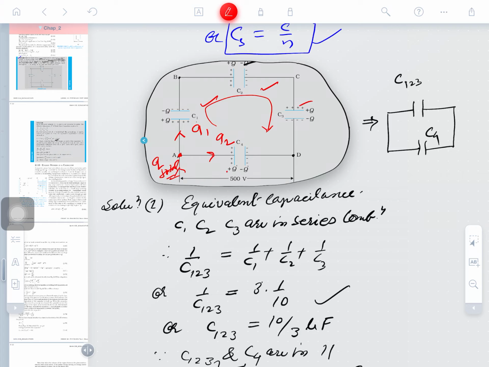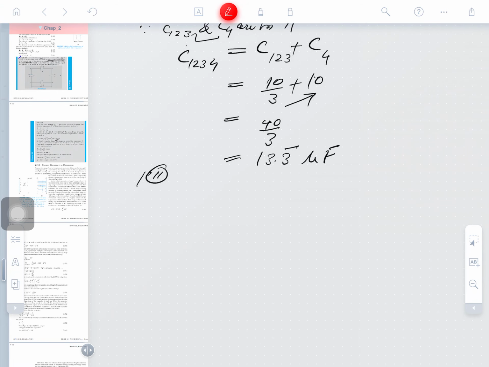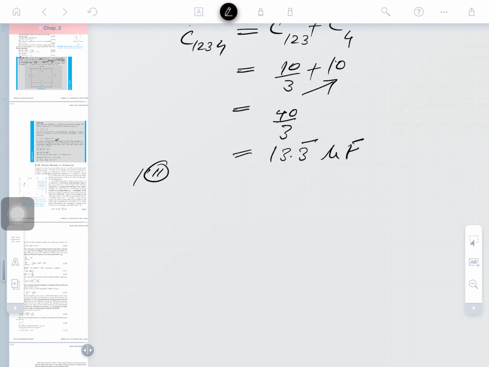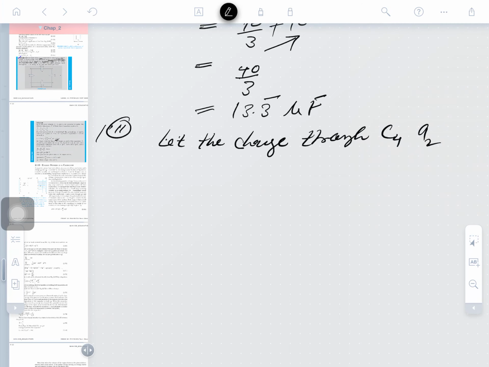So, how much charge is delivered by C4? The charge delivered through C4 depends on its capacitance and potential. So, obviously, you can find it in a very simple manner. Let the charge through C4 be Q2. Therefore, what is the formula for charge? Charge is equal to C into V. So, Q2 equals...